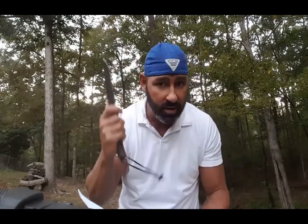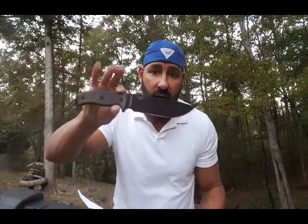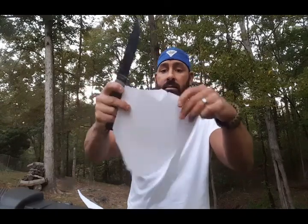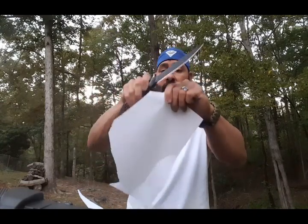I don't know what the Rockwell hardness is on this compared to that, but I heard that Cold Steel's average Rockwell hardness on their 3V is 60 to 61. That's just what I've read, okay? I didn't read it on Cold Steel's website, so don't quote me on that. This, I know all the ESEE say that they are between 55 and 57. That's why they give you that warranty saying if you break your knife, they replace it. It's softer. The edge isn't gonna last as long. It's a softer heat treat. It's not as high on the Rockwell scale. So let's try. Nope. First one, yeah. Well,